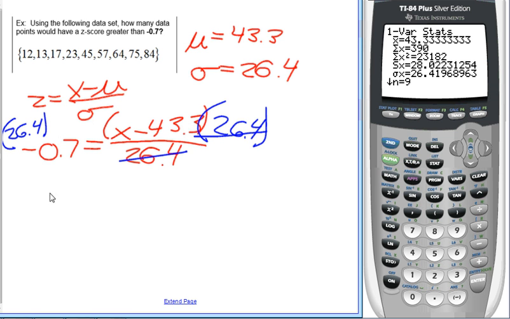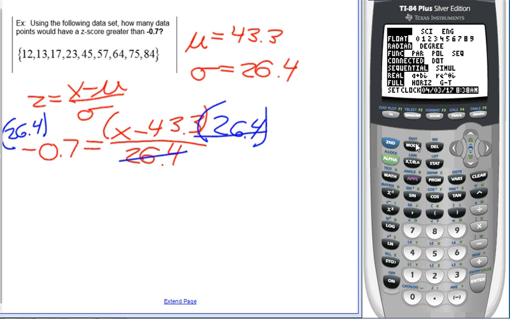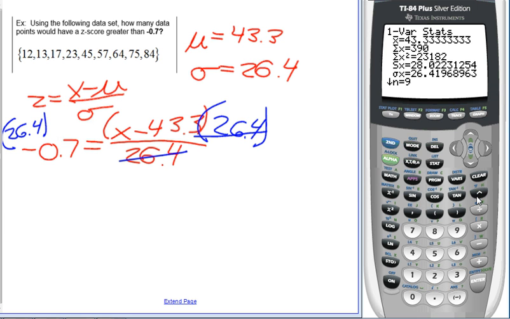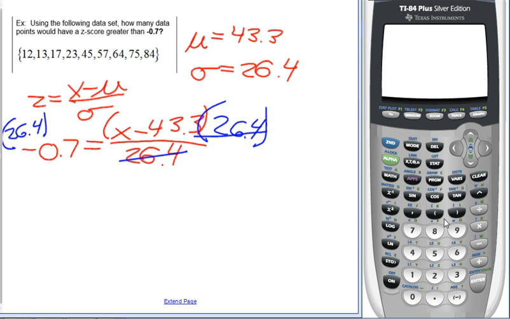We get 26.4 times negative 0.7. That gives us on this side negative 18.48